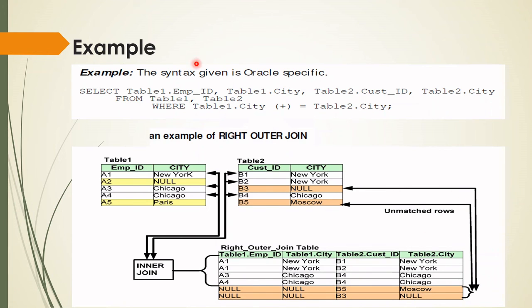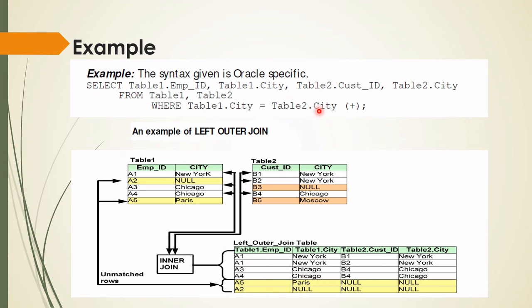Now for the query only one change: select table 1 employee ID, table 1 CT, same, table 2 customer ID, table 2 CT from table 1 and table 2 where table 1 CT, now we are not considering the left side table, so after table 1 CT in brackets we have to write the plus, equal to table 2 CT. Here we consider the right table and not the left table, so at the left side we have to write the plus.